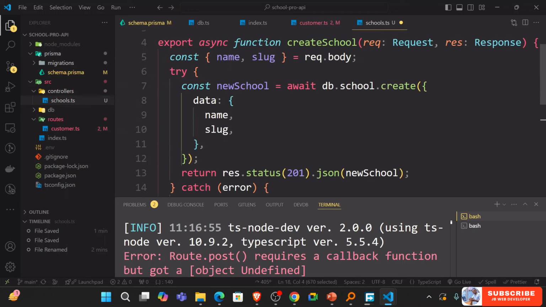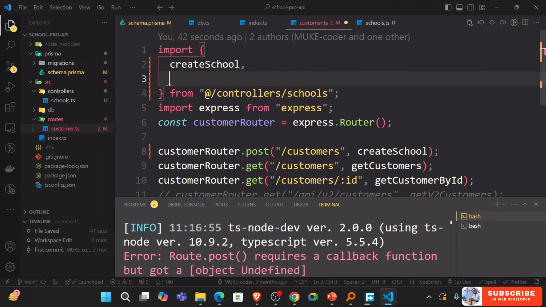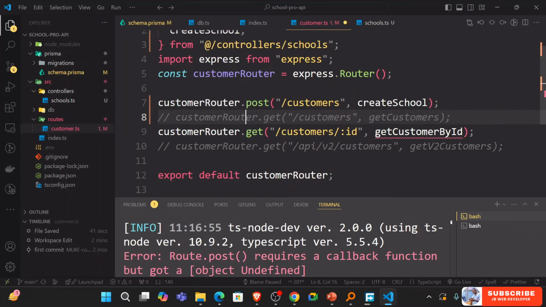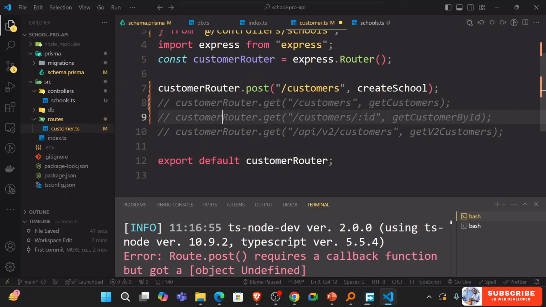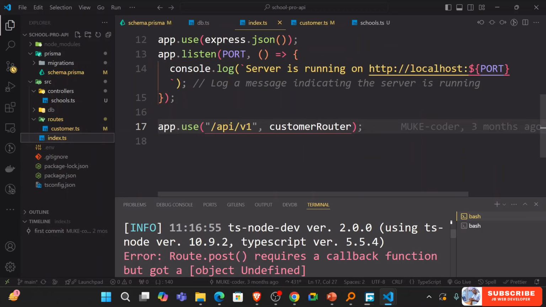Okay, and then go to these routes, and these routes you can just also remove them. Let's work on one route at a time. So I'll just go here and do this. We work on only create, and this is going to be which endpoint? Maybe just say here schools. So schools, just like this, and then we have create school, and then on the index we're just going to